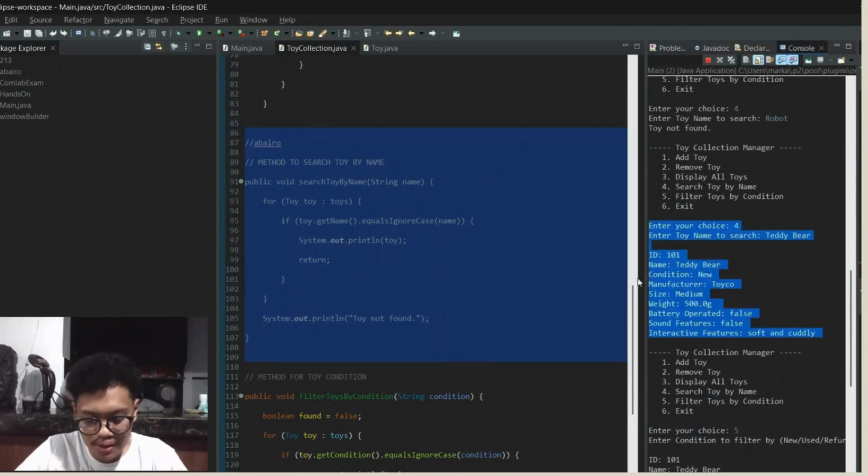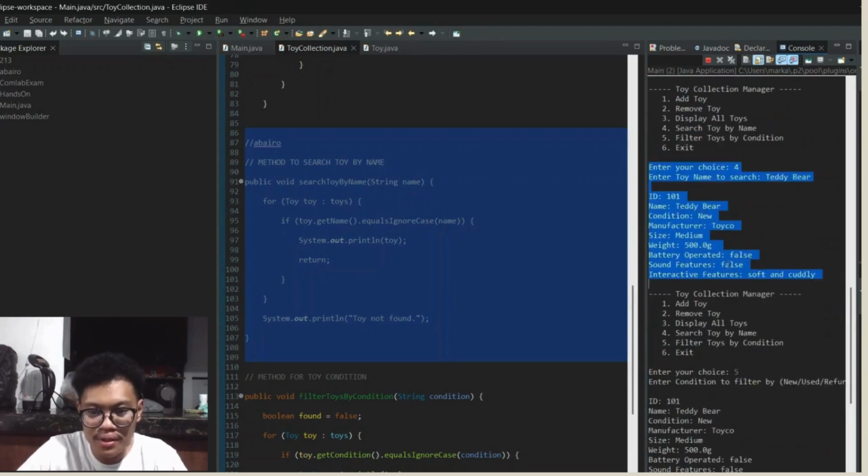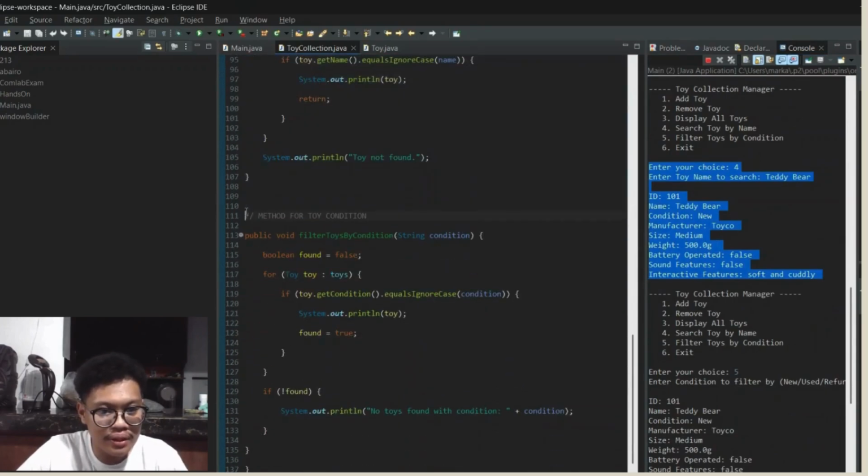If the toy exists and I search the teddy bear, it will show the output: the teddy bear, the ID is 101, the condition is new, and the manufacturer is Toyco. So the next one is the method for toy condition.